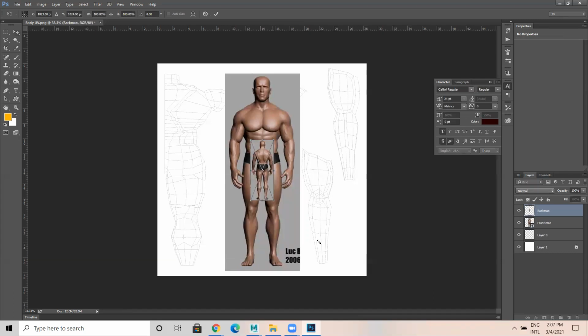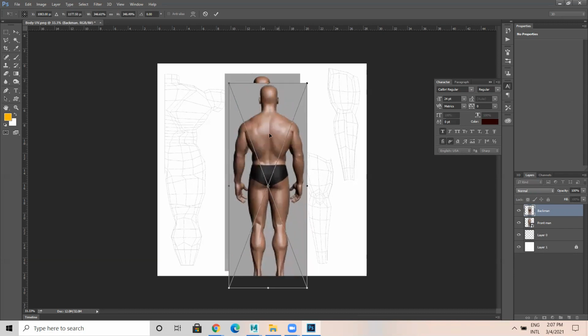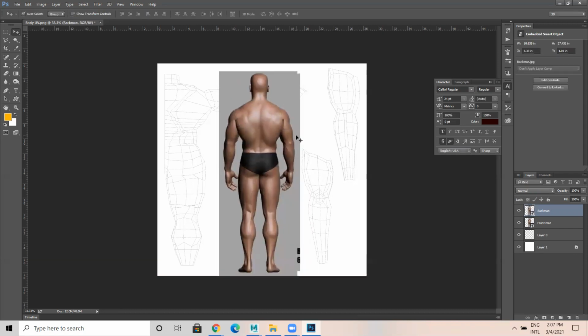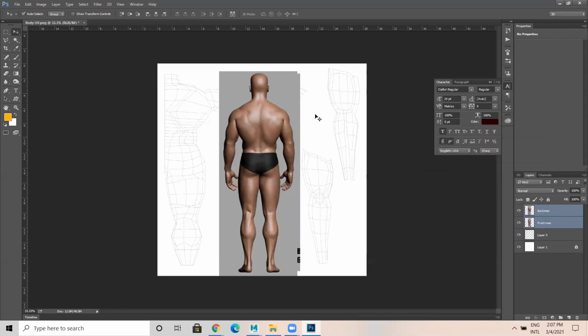And I'll take this side view, sorry, back view, enter. So these two, you need to rasterize. You know how to work in Photoshop. So what we have to do is I'll be creating one more layer. For this particular layer, I need a color.